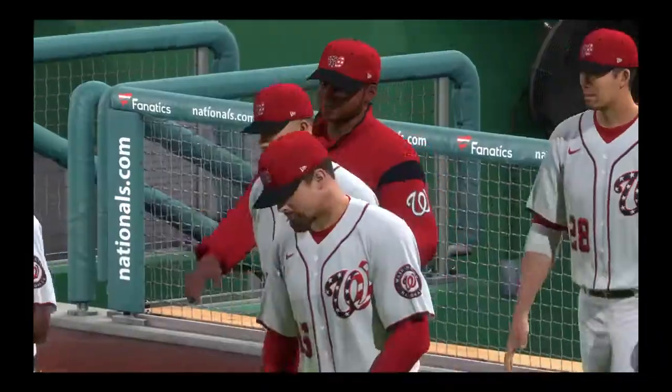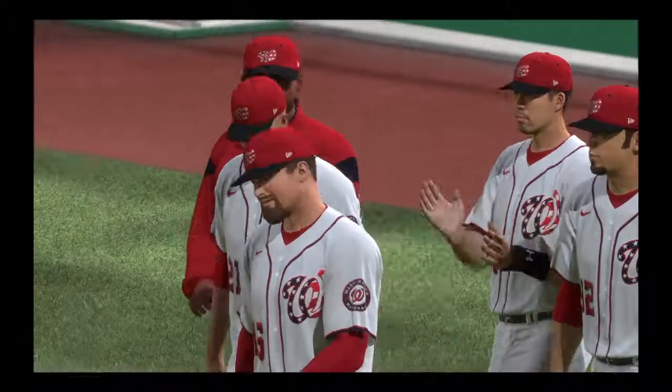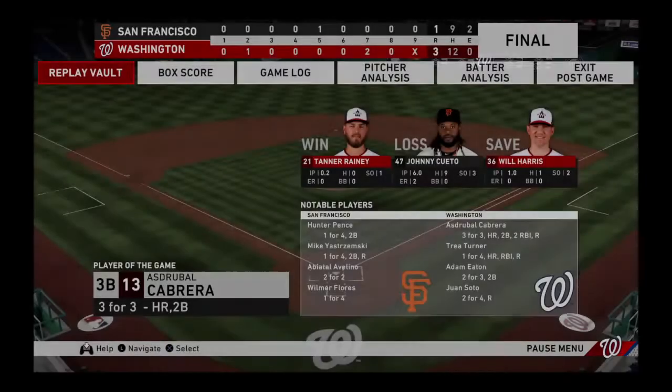Washington jumped ahead in the seventh inning and never gave the lead back. Tanner Rainey is credited with the win. Johnny Cueto pitched well, allowing